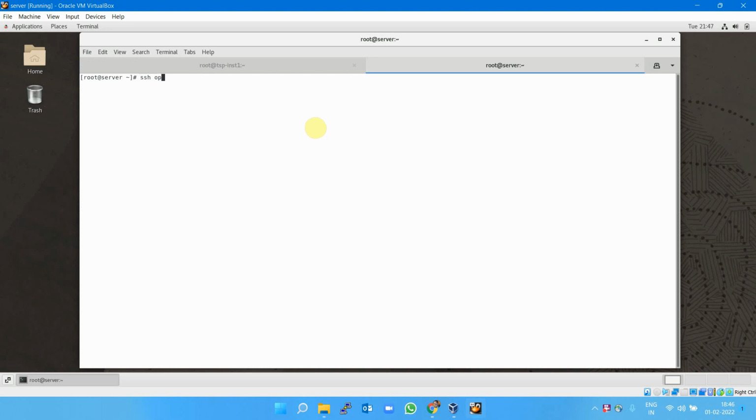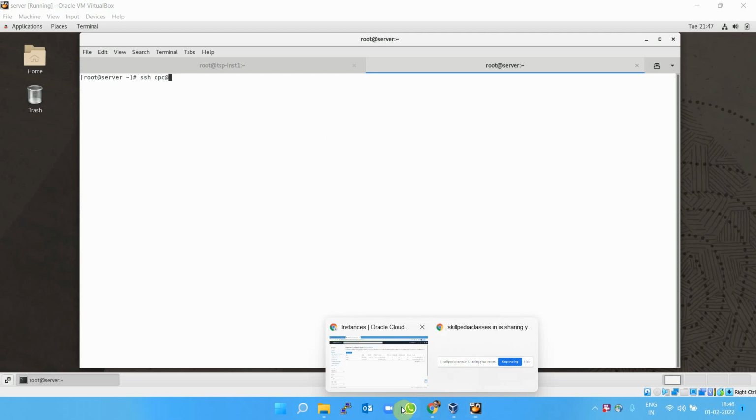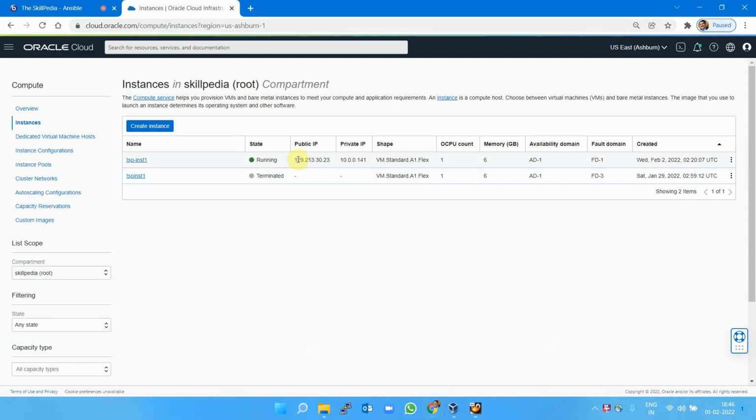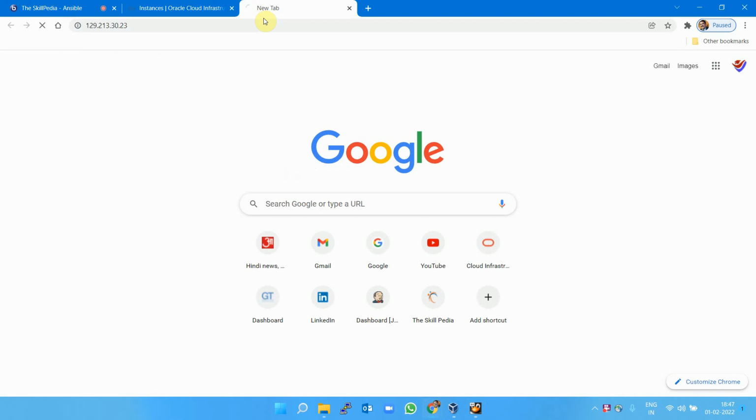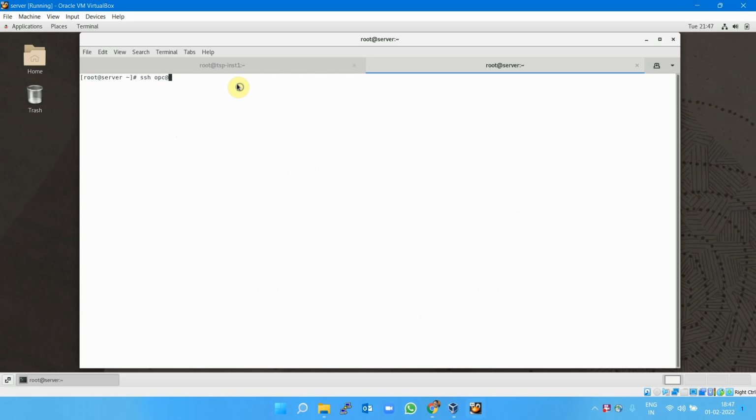SSH opc, and let's try the IP address first. So this is the public IP. Though my HTTPD server, Apache server, is already running, I'm not able to access it using the public IP of the instance. And I'm connecting to the instance and verifying that, and I'm also creating one page here, sudo su